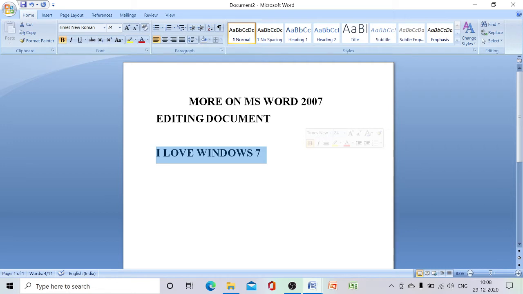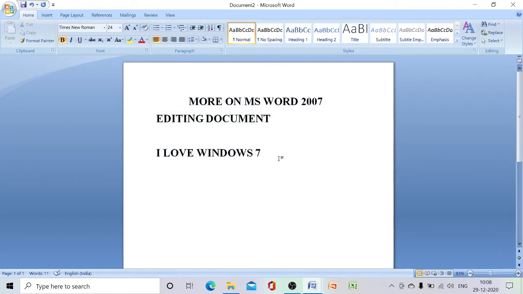Or with the help of the keyboard also we can select the text. When we use the keyboard, we have to hold the Shift key and click on the arrow key, and it will be selected. So these are the two ways to select. To select the entire document, we have to press Control and A, so the entire document is selected.